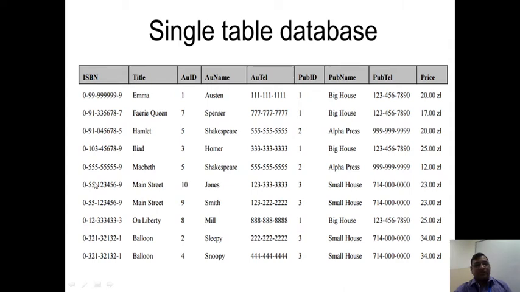Here in the ISBN we store the ISBN. Here in the title we store the title of the book, here is the author name, here is the author telephone number. And this single separate line is called a record. This is the 1 record, this is the 2 record, this is the 3 record, this is the 4 record, 5 record, 6 record. So if you see the definition of the database, the first definition is: database is a structured collection of record. Here this is a structured collection of the record. And another definition is database is the collection of rows and columns. This is the row, and these are the columns. So this is one example of a table. Table looks like this.